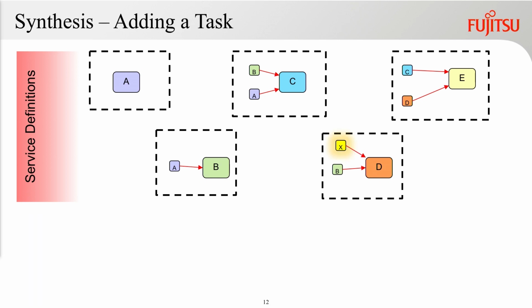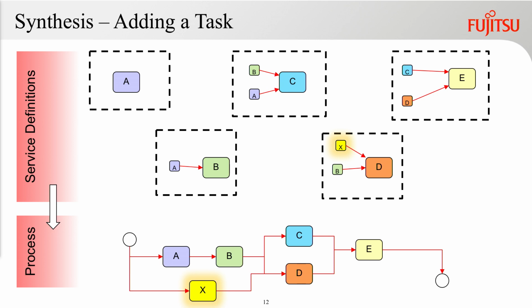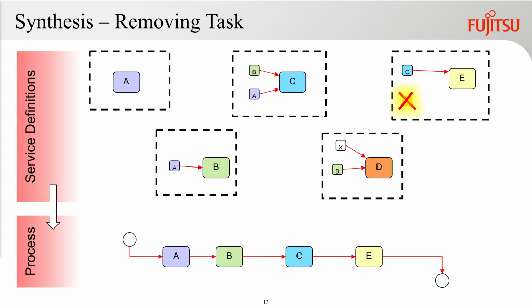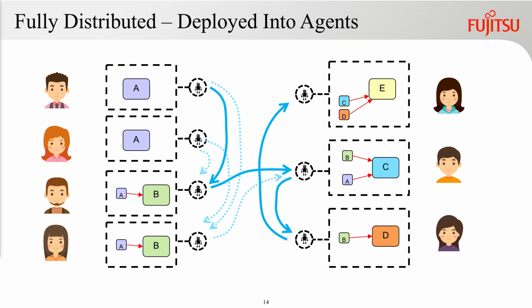Now notice if somebody was to add a task to their service description, the effect of that in the generated process is that you'll have an additional task in the process. So you can add a task by adding it to your service description. Also, if somebody was to decide to remove a task from their requirement so it's no longer needed, again, the generated process is going to be simpler. So by changing the service description, you can change the process, but you've met everybody's explicitly stated requirements.